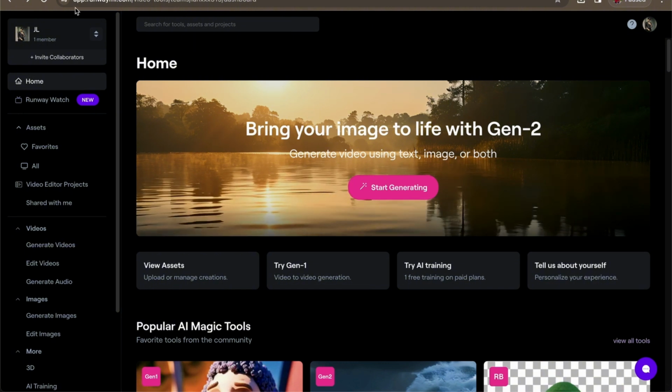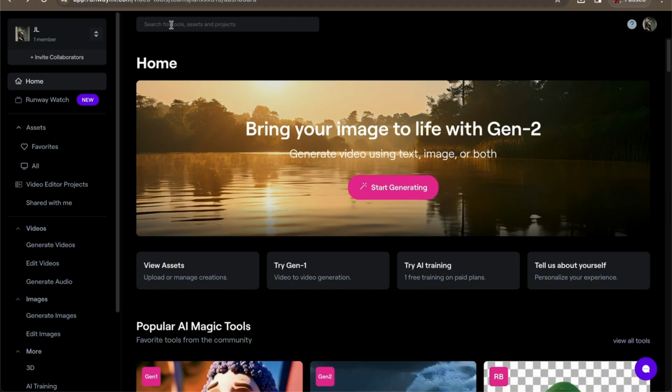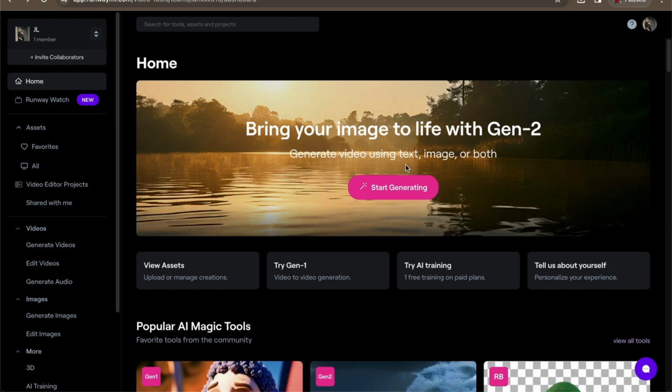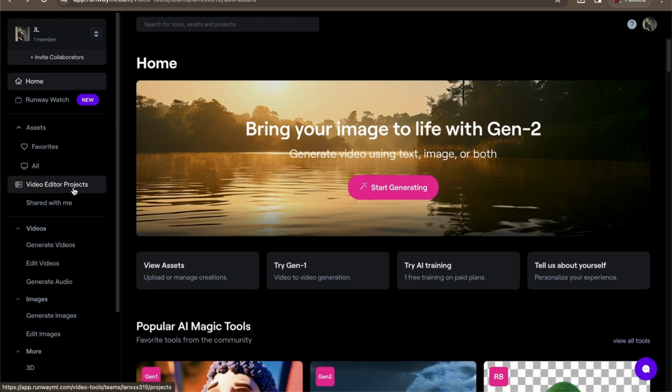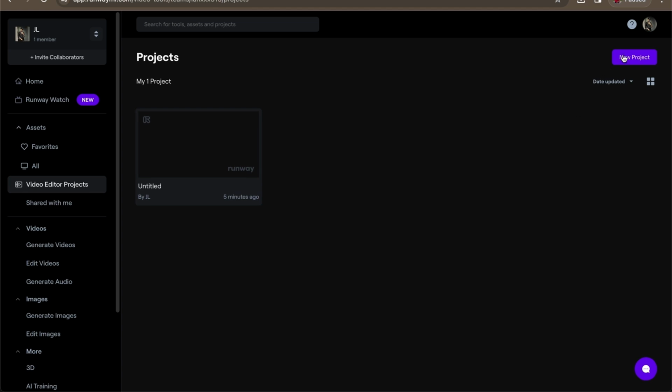So here, just head up to app.runwayml.com. From there, just sign up. It's free, guys. I'm telling you, it's free. Then go to Video Editor Projects. From there, just go ahead and do new project, or you can start with green screen right here because that's